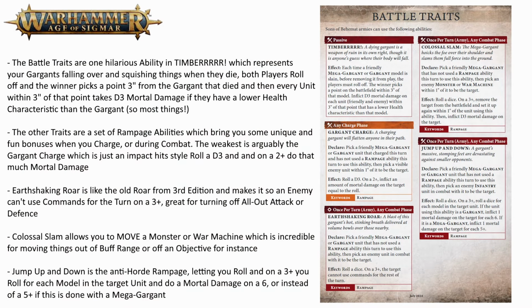The battle traits mainly revolve around a set of rampage abilities, which your entire army, being all monsters, can make use of, but they also get the very fluffy rule of Timber, which is a hilariously fun rule, and that means that whenever a Gargant or Mega-gargant in your army is killed, each player rolls off, and then the winner picks a point on the battlefield within 3 inches of the slain model, and you inflict D3 mortal damage on